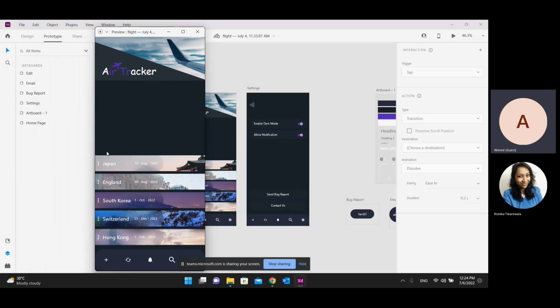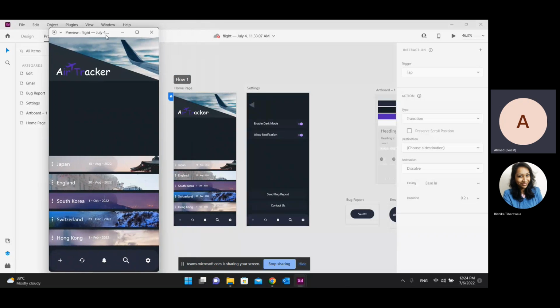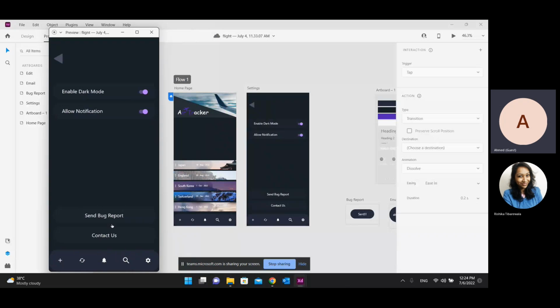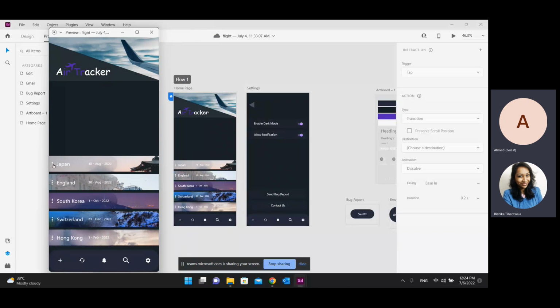Okay, so the first one, you click on here, just an example to tell you that it deletes this slide. Okay, and the other one here on the send bug report, if you click here, it will give you like sent, and contact us will display the email. That's great. Okay. So one more thing, just keeping this preview window open, can you see there is a record